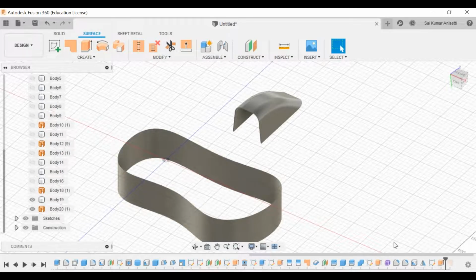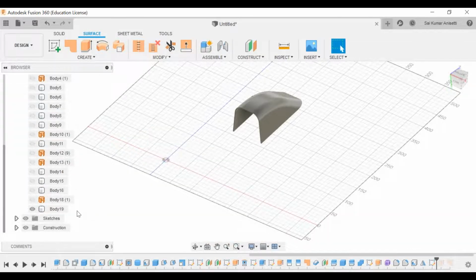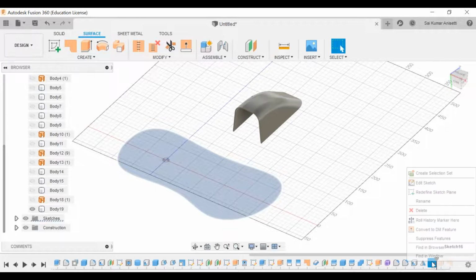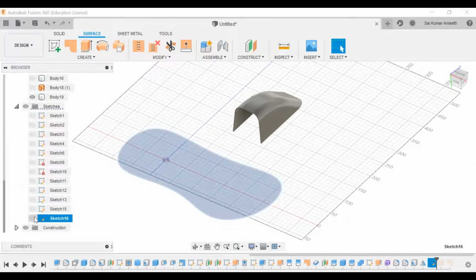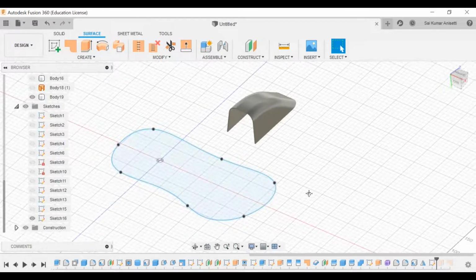Okay, I have this sketch. Where is the sketch now? Okay, the sketch is almost there. Let me unhide the sketch.